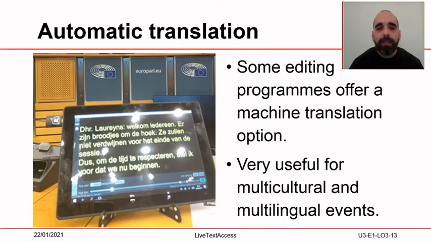On the other hand, it is not always possible to have real-time interlingual subtitlers, especially if users come from several countries. Some editing programs offer an automatic translation option via machine translation, so that the users can choose their own language and read the subtitles more easily. Bear in mind that the quality of this automatic translation option may vary widely, depending on the language pair involved, sound quality, speaker's accent and speed, topic and frequency of out-of-vocabulary items, and so on.